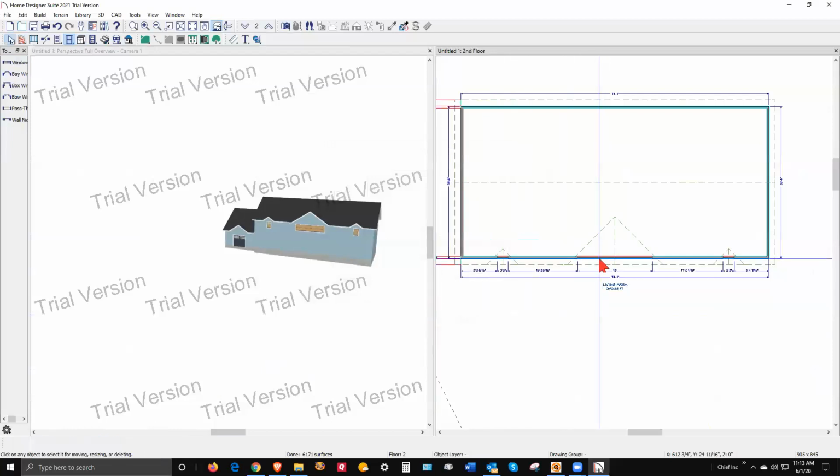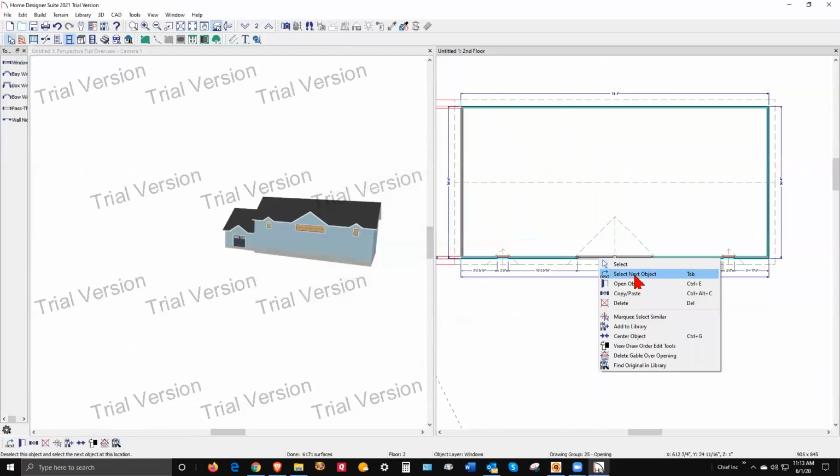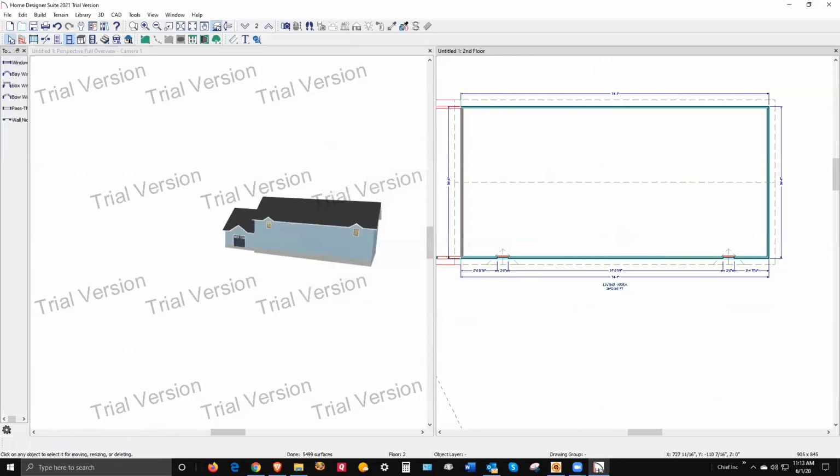And then once the gable is there, you can just delete the window. What? Oh, I didn't realize that. Okay. I think what would need to happen now, once you get the roofs where you want them, well, let's go down to the first floor,